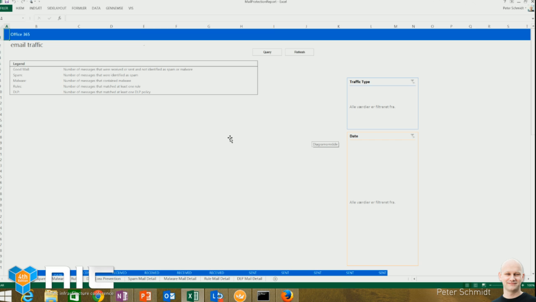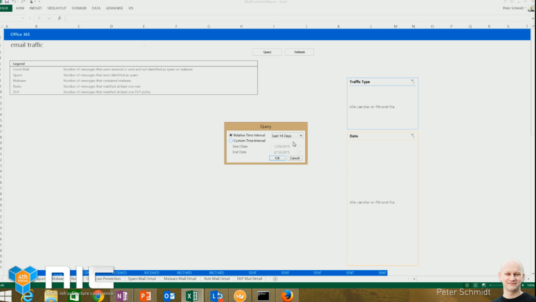The Excel sheet is a download only from Microsoft, and you will find it on the Microsoft download portal. What we do now is we want to do a query, and you have to enter the admin tenant information for your EUP tenant. In my case, I want to use a bit more live data than I had on the demo tenant I was working on before. So I'm borrowing one of my customers' EUP tenants here, so we have a bit more interesting information to look at.